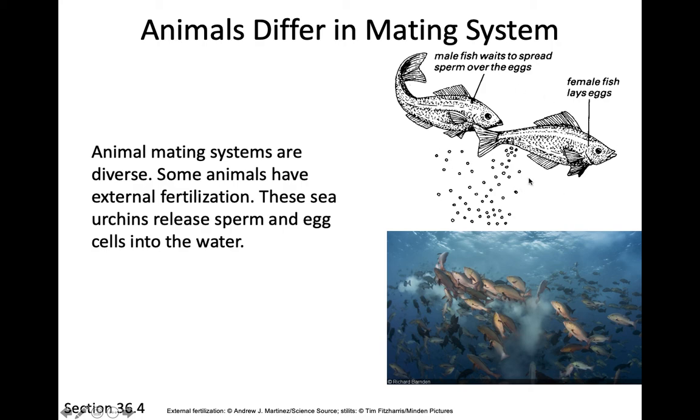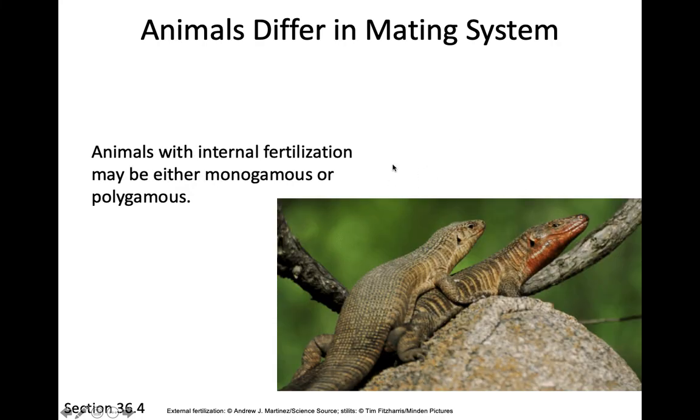It's not so much a big deal for these guys to ensure paternity. But for animals that have internal fertilization, ensuring paternity is a big deal. You want to make sure that you are the father. You don't really want to waste. Now, the mother knows who her babies are because she's going to birth them. But the father, he can't guarantee that they are actually his babies, because she could easily go mate with another